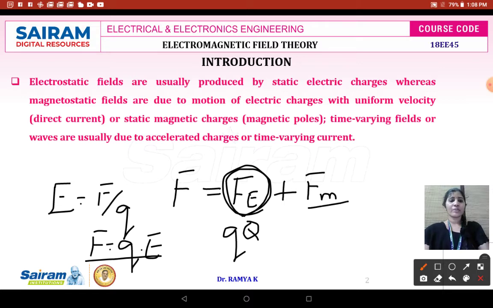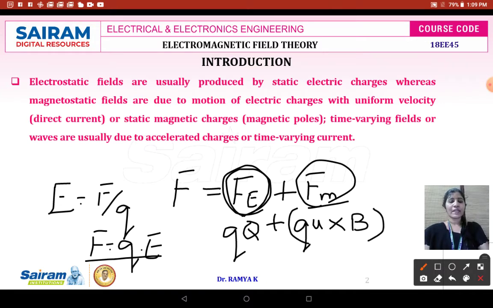But when you come back to magnetic field intensity, it comes under the concept of an inductor. When you pass a current through the inductor, it stores energy in the form of a magnetic field. Current is nothing but flow of electrons, and flow of electrons is nothing but movement of charge. At what velocity is the charge going to move? When your charge moves with a velocity of u meter per second in the presence of magnetic field intensity or magnetic flux density, then magnetic forces will be exhibited.